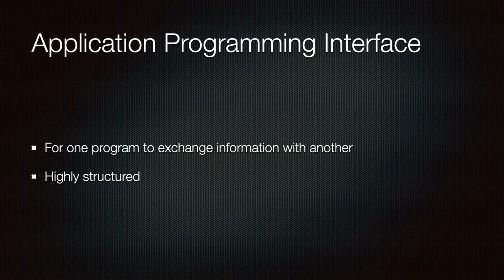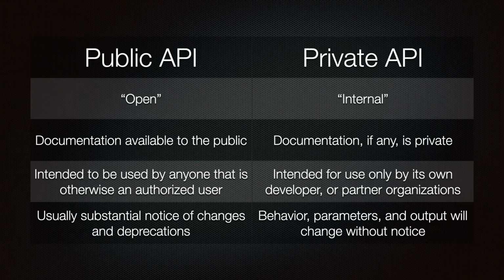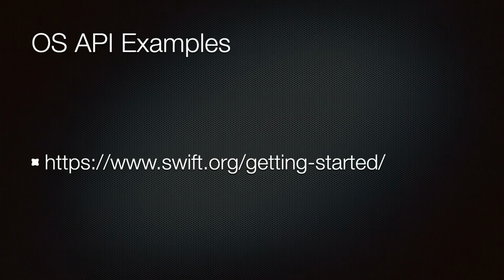APIs break down into two main categories, public and private. The definition's just like it sounds. Public APIs are meant to expose functionality of an OS or application, while private APIs are intended only for internal use by the developer. Public APIs are intended to be consistent and reliable. Private APIs can change at any time. There's some great tutorials on how to build your own app for Apple OSs using OS or platform APIs here, but that's not the kind of API we're here to talk about today.